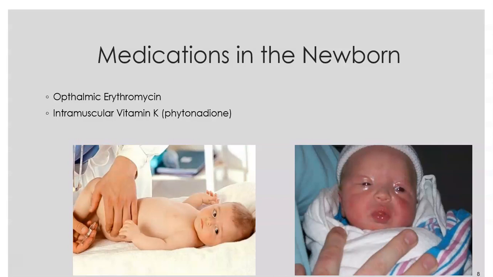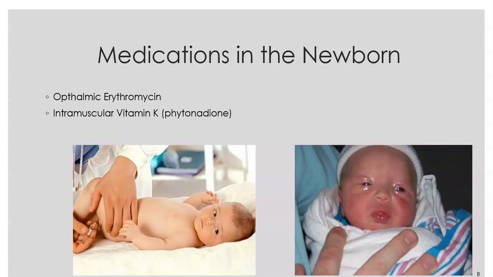So erythromycin, we've talked about this one several times. This is for the potential for them to get neonatal conjunctivitis if mom had chlamydia or gonorrhea, and as baby passed through the birth canal would have picked that up, because the most common presentation of chlamydia and gonorrhea is asymptomatic, no symptoms at all. So if mom didn't even know she had it, she could potentially cause neonatal conjunctivitis, which is the number one cause of neonatal blindness. And that's why we just do it to everybody. It's a cheap drug, it's easy to administer, and it's not worth the risk of potentially having blindness as a result. The other one is the intramuscular vitamin K that every baby gets.